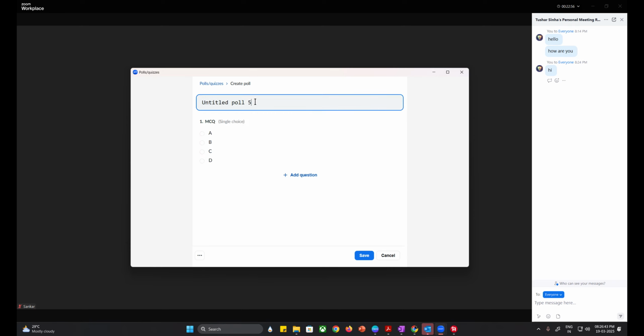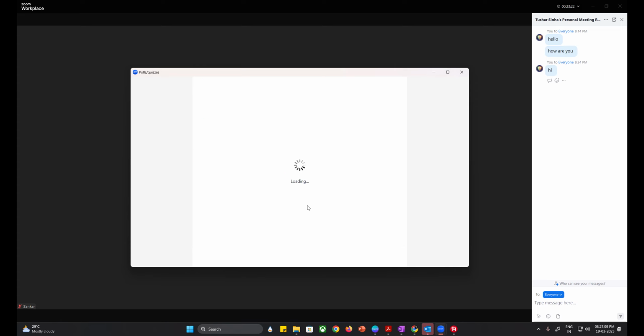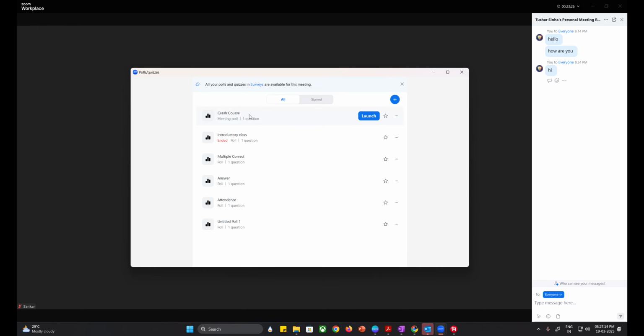But once you have this poll, you can name it. Let's say we are in a crash course, so you prepare this poll in the beginning of the class. So now you save this. It will ask you whether you want to save it in the library or just for this meeting. So let's say I want it for only this meeting. So I'll save it as a meeting poll, and it will now show up on top here